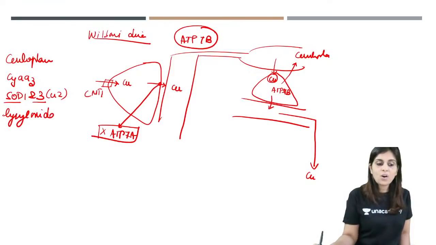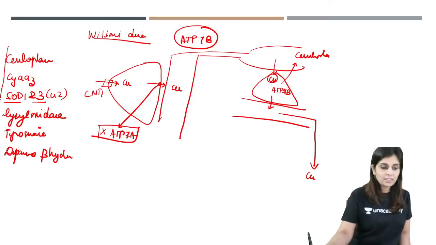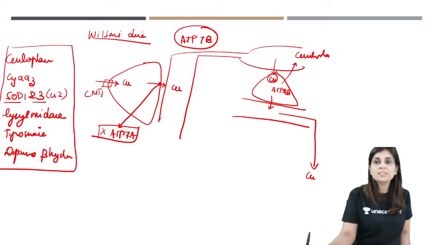Lysyl oxidase, an enzyme which is involved in collagen cross-linkage formation, needs copper. And tyrosinase, and dopamine beta hydroxylase. So this is the list that you need to remember as far as the question on copper